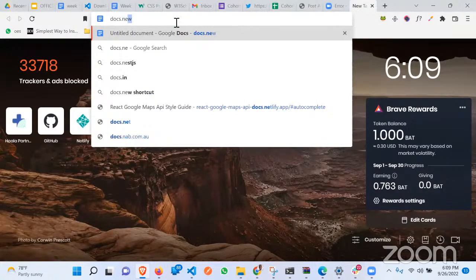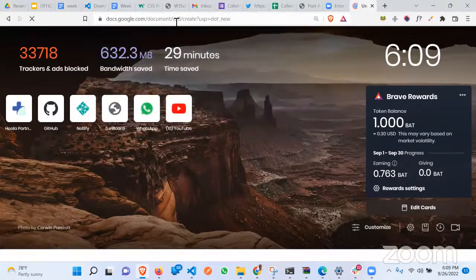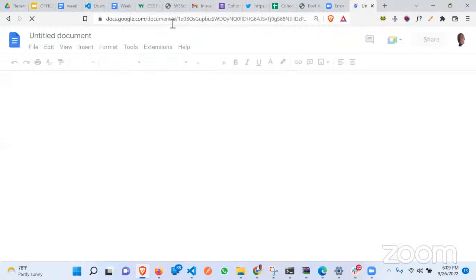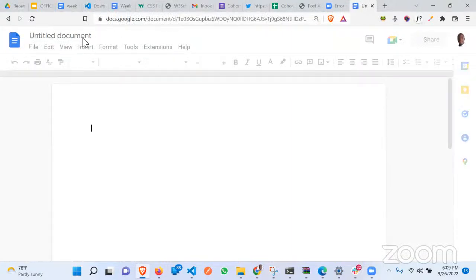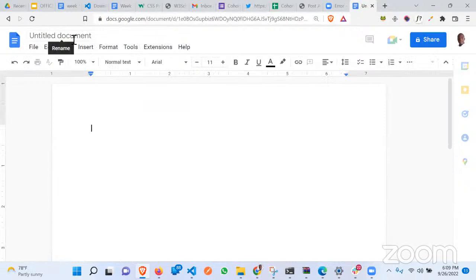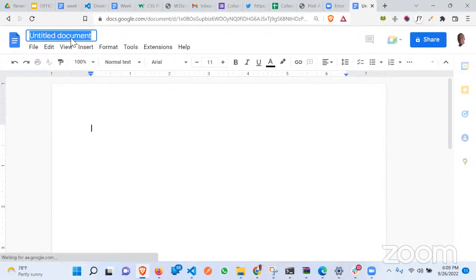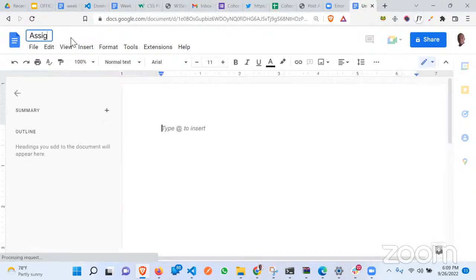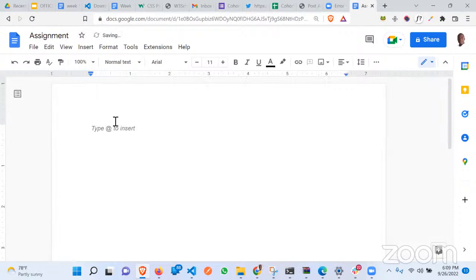If you click on it, it will create a new document for you. So now I have a new doc here. I can change the title here, like let me say "assignment submission", or you can put your name, assignment, like this. Fine, this is my document. Now whatever I'm supposed to write here, maybe my GitHub, this is my link,